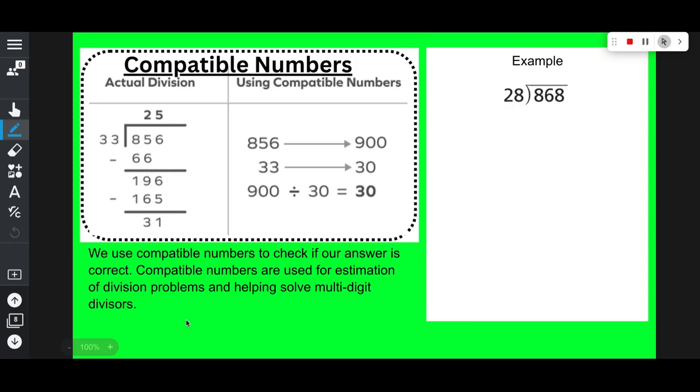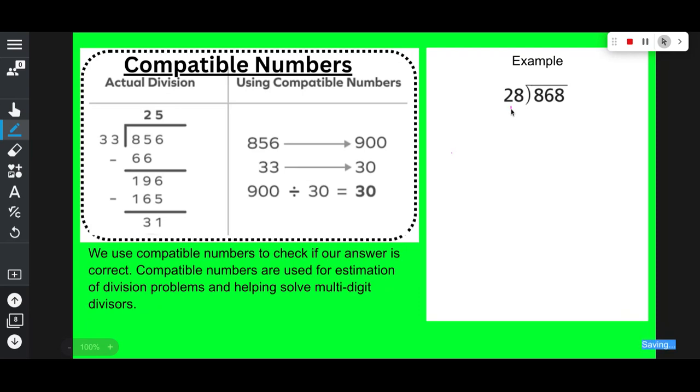One of our last concepts is dividing by two-digit divisors. This looks scary, but if you have been practicing the different types of division methods, you really just utilize the same one. Now, we can use what's called compatible numbers to get close to an amount to check and see if we are correct. So for this first part,